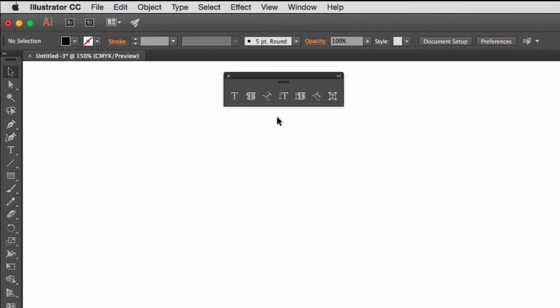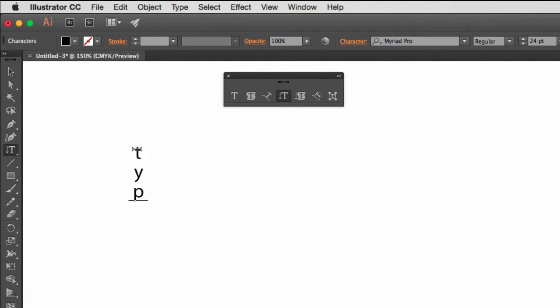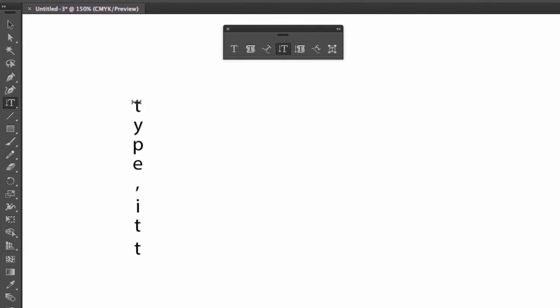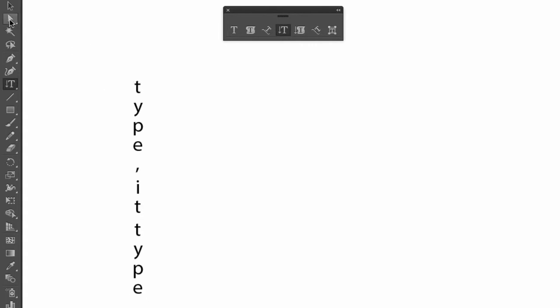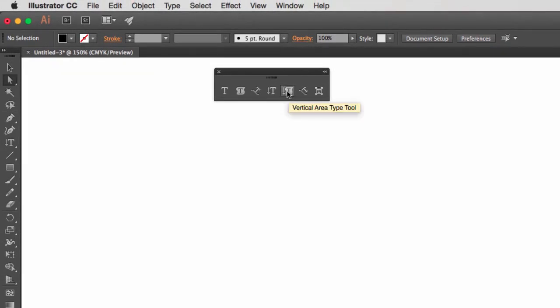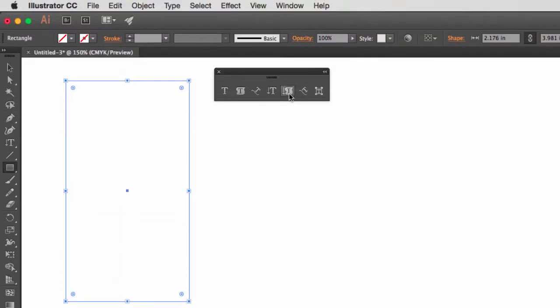Our fourth text tool is called the Vertical Type Tool. If I click on it, it's very self-explanatory. When I type, it types vertically. I'm going to select the direct selection tool and delete it. And my next tool is called the vertical area type tool. Again, I have to create a shape. I make a fill selection of none. I select the vertical area type tool and I start typing,